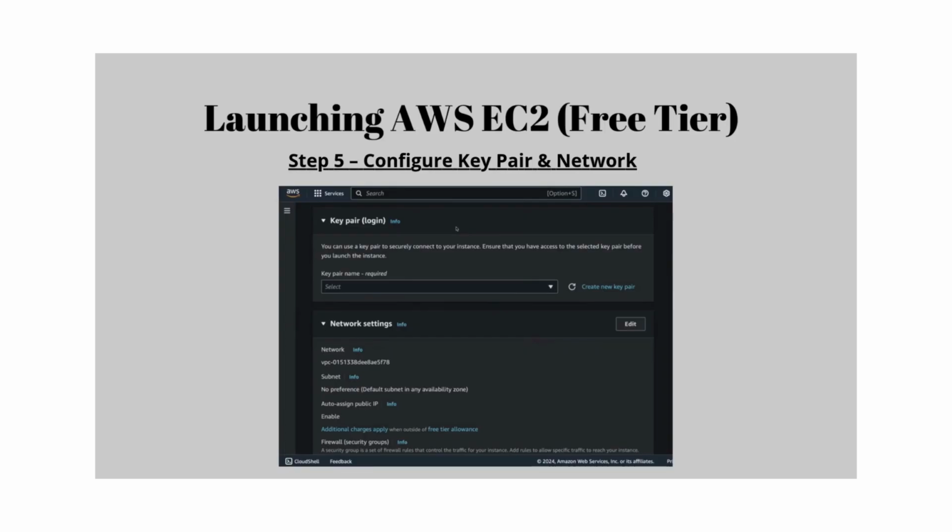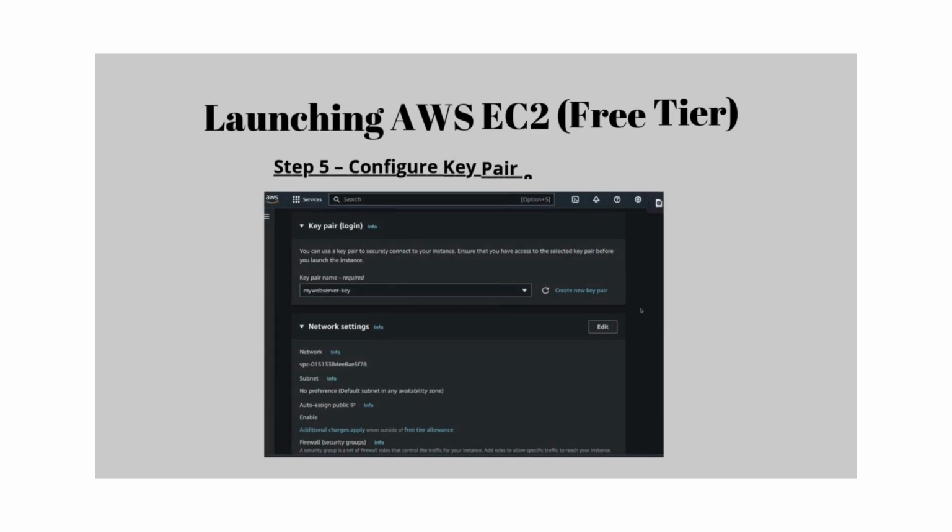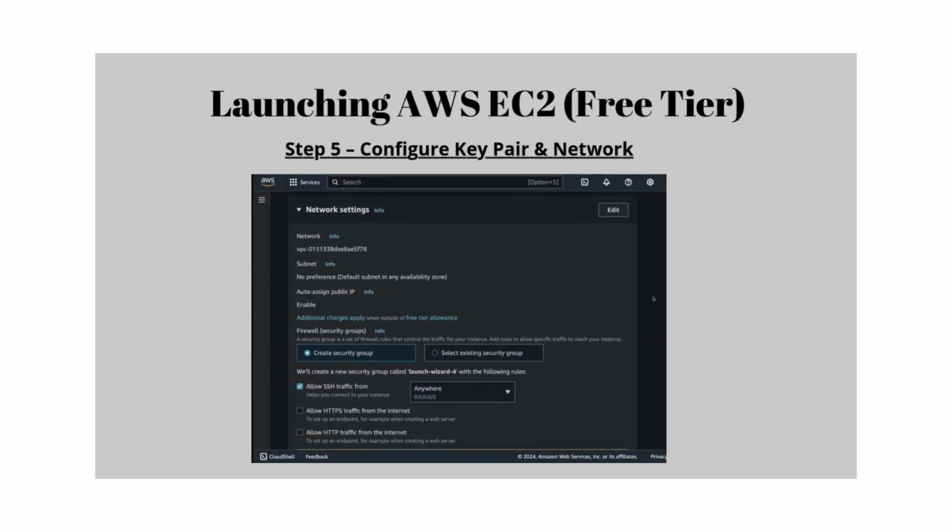Then we will look at the network settings. After the key pair login, we will enter our key name, which is here mywebserver.key. We'll create this key and then we'll go to the network settings. We'll create a security group and allow SSH traffic from there,